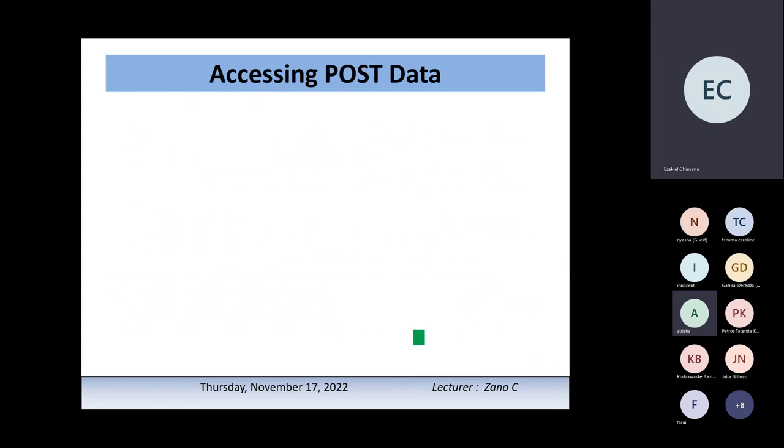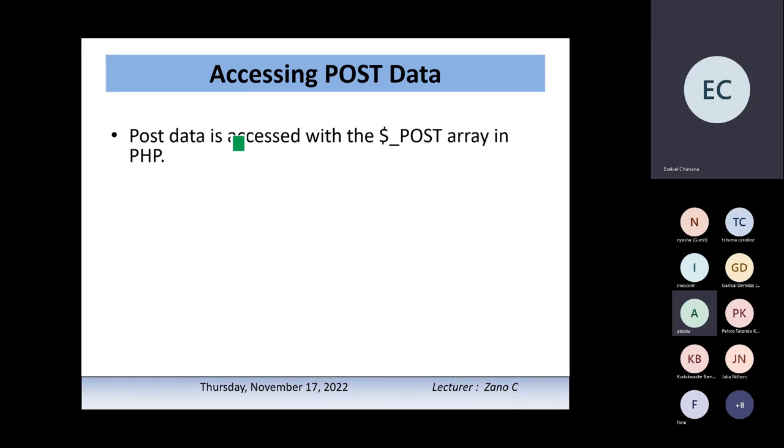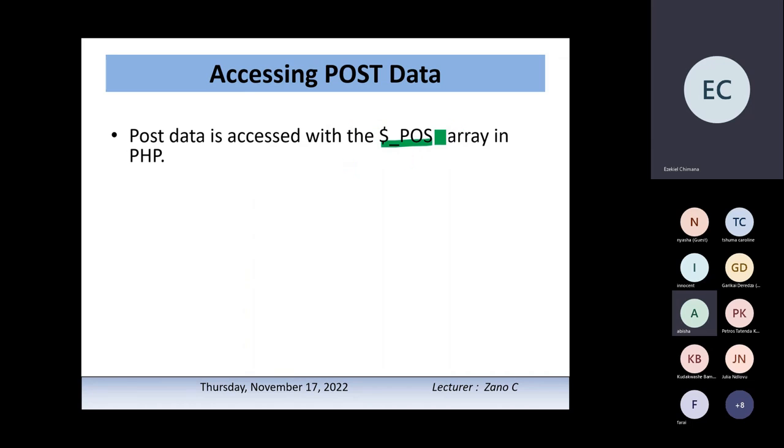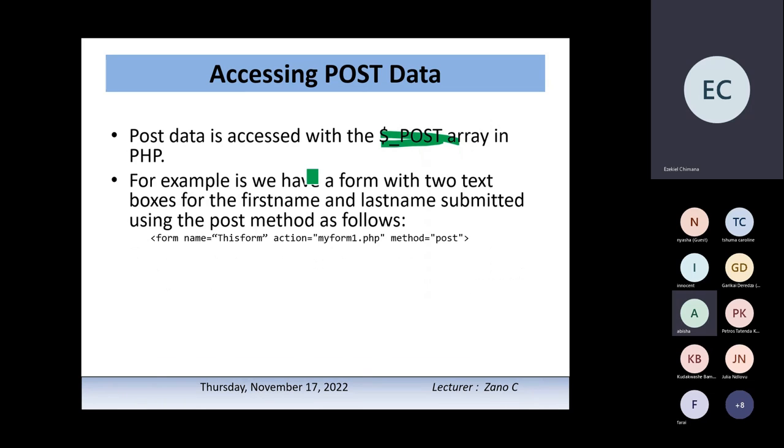And then how to access the data that comes with the POST or the GET method. POST data is accessed with the $_POST array in PHP. So we use this global variable, the $_POST array. We use this array if we use POST to post our data. For example,